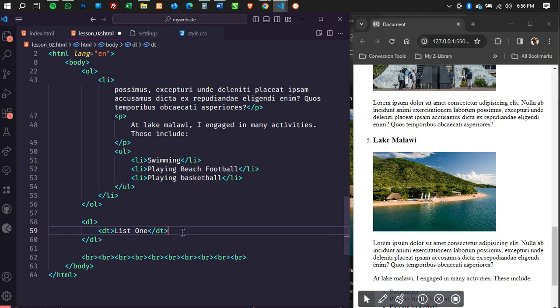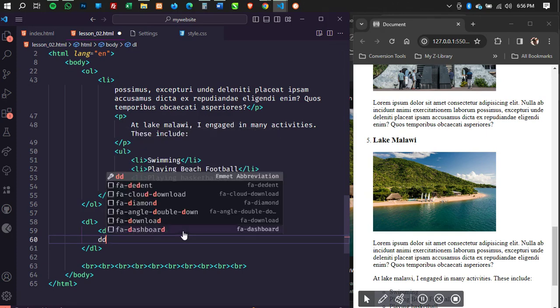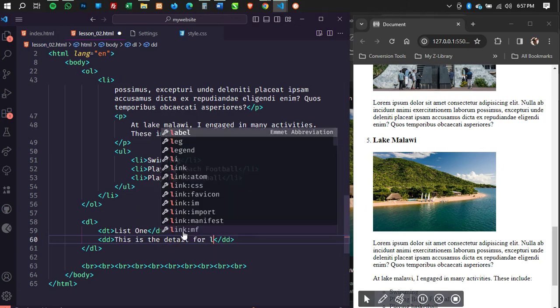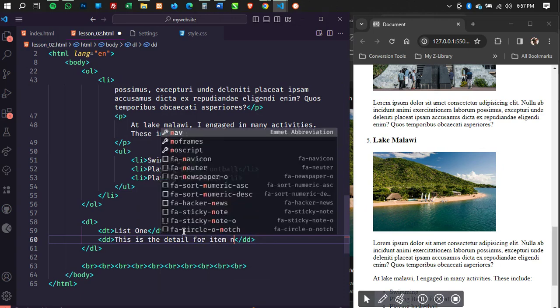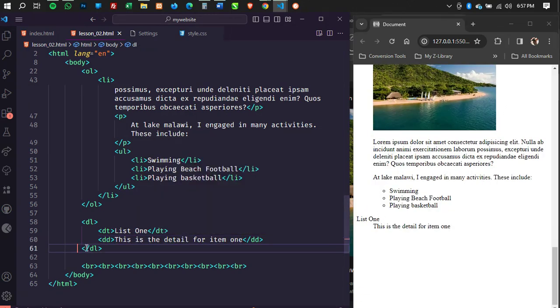Then under that, we can have the description detail, which is the detail for item 1. And when you save it, that's how it's going to show.